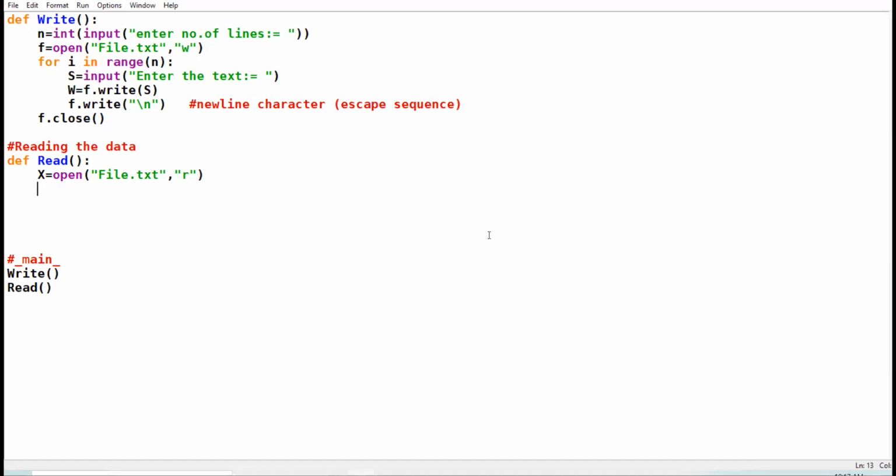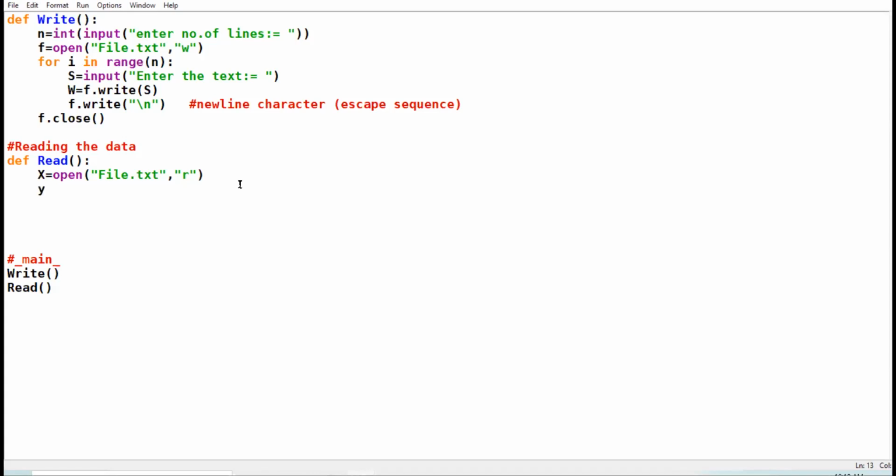How many times the word this is appearing in the file, that we have to count. Whether it is appearing 2 times, 3 times, or 4 times, we have to check how many times a particular word is occurring in our file.